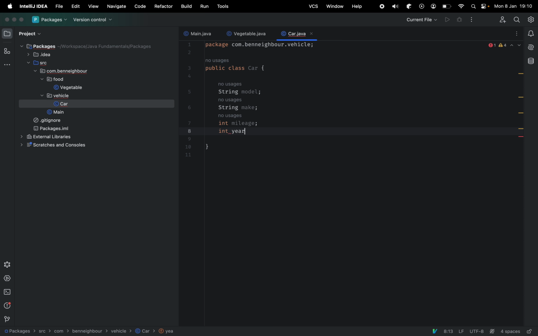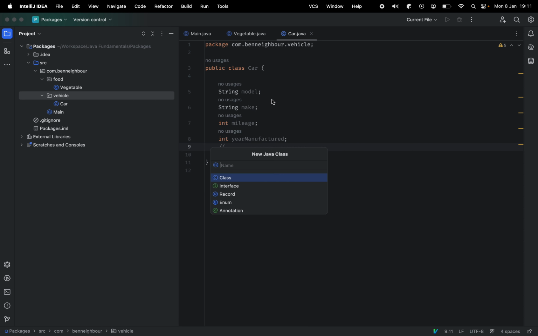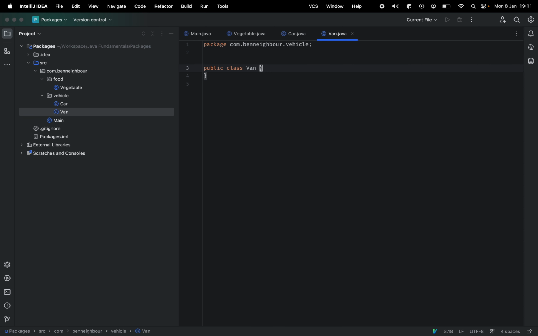Let's say the year manufactured. And we can have many more here. As we can see, we have some structure here. So we can have multiple classes in each package, and we can have multiple subpackages in each one. Let's say we also have a van. That's also a vehicle, so we'll put a van class in here. That will have some similar properties to the car,